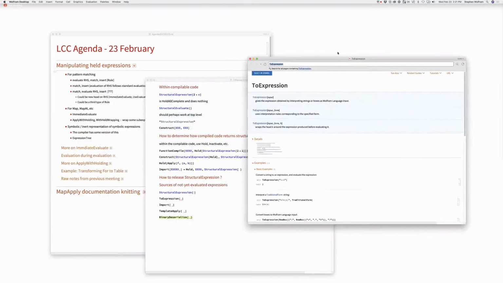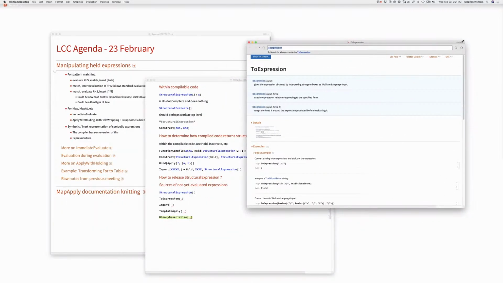Right. So import is another example. Template apply is another example. Binary deserialize. Yes. Okay, so these are all examples of sources of expressions that aren't yet evaluated. Now in ToExpression, we have the mechanism of being able to have a third argument where we're saying, wrap this head before you return the expression. So I guess I'm asking more generally what,